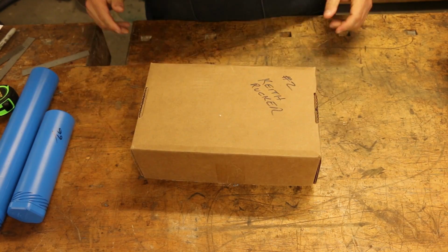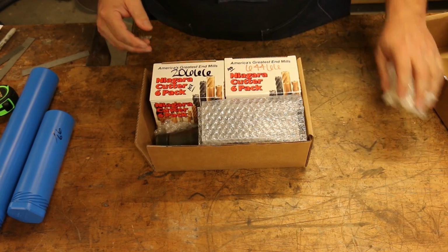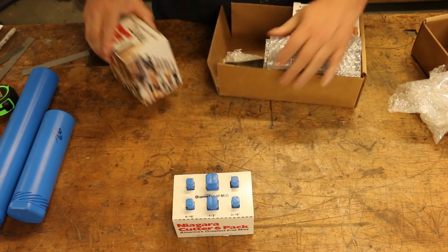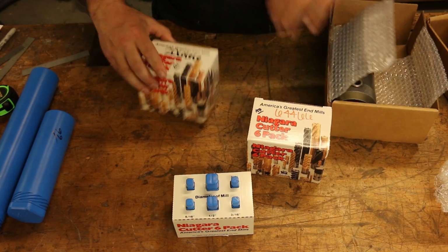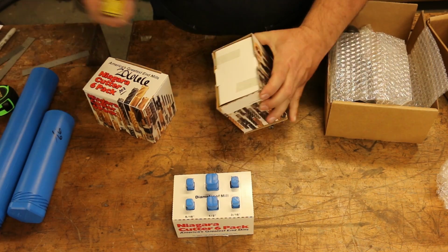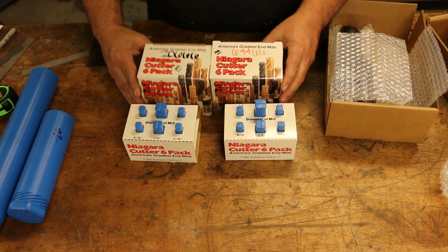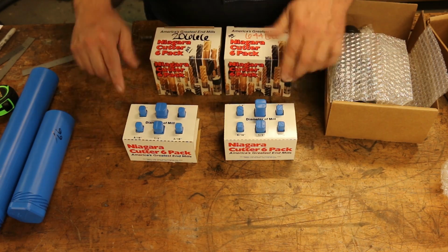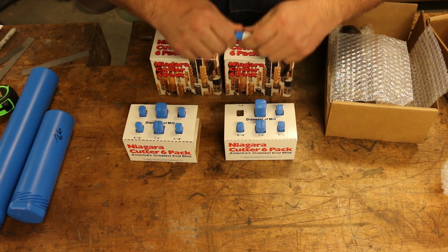All right, so now we got some boxes here, and these are a little bit more along the lines of what some of the other guys, what I saw them get, although not totally. So first off, there's a couple of 6-packs in here, as they're called, of Niagara Cutters. Well, let me cut that open. All right, so these are 2 different grades. He's got the number on here, 20666 and 64466. And basically, this is a set of end mills that are all different sizes, but they're basically the same